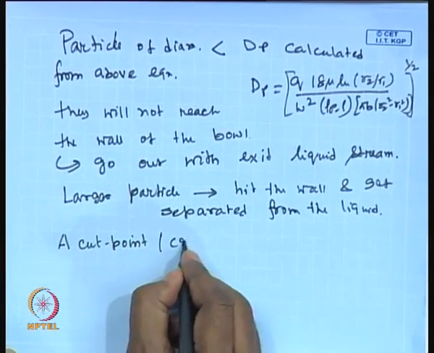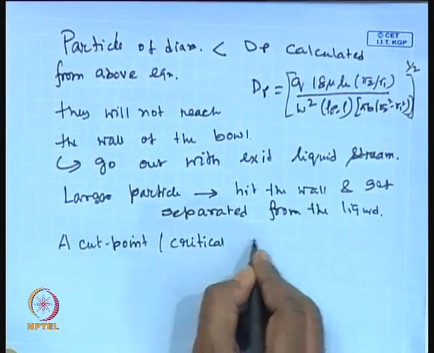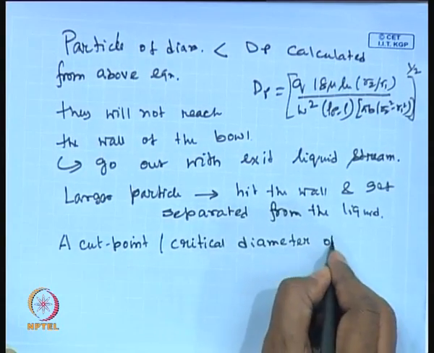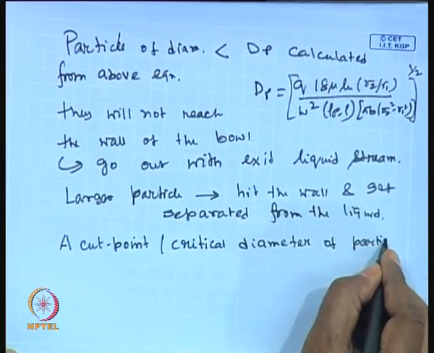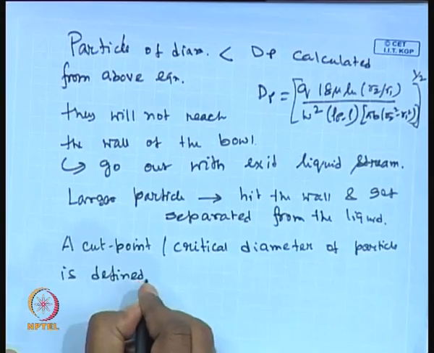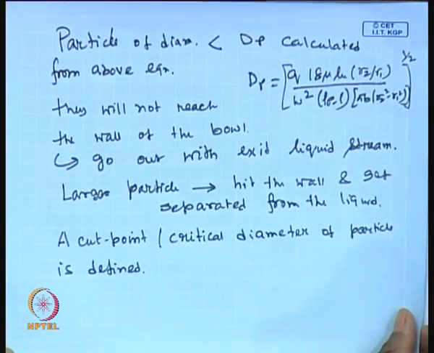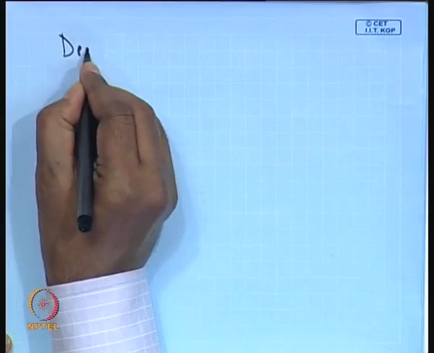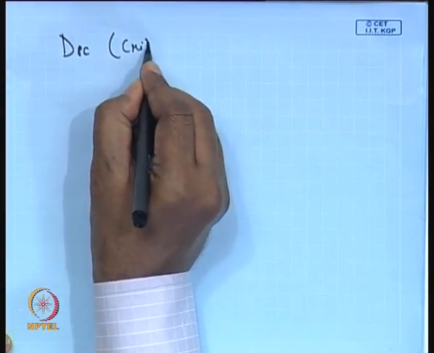The cut point or critical diameter of the particle is defined, and that is defined this way. It is denoted by the nomenclature dpc, that is the critical diameter of the particle,